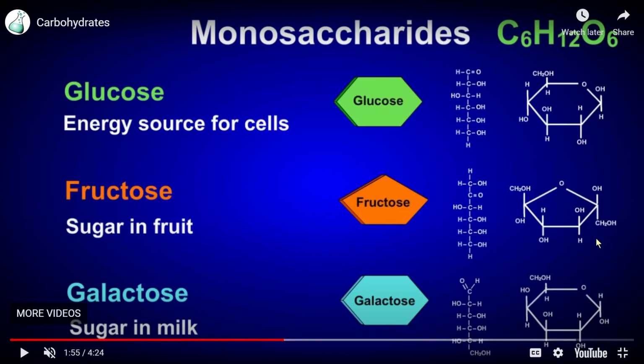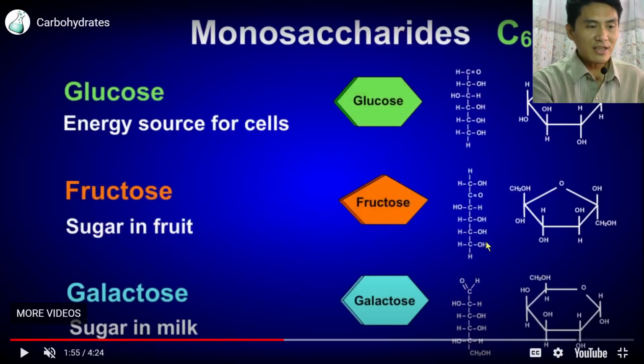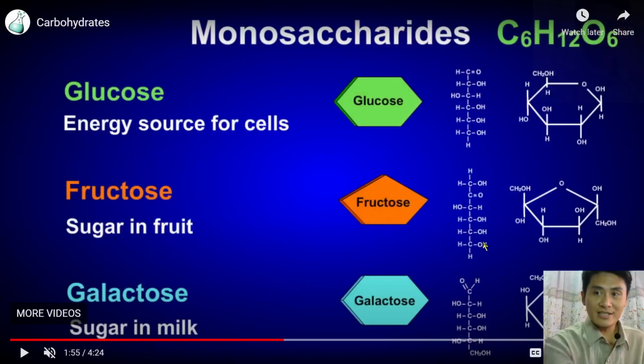But make no mistake. But you might be asking, sir, I don't remember plants producing fructose or plants producing galactose. I usually just study that photosynthesis creates glucose. So how do these things create glucose, fructose, and galactose? Well, as you can see, because they are just the same